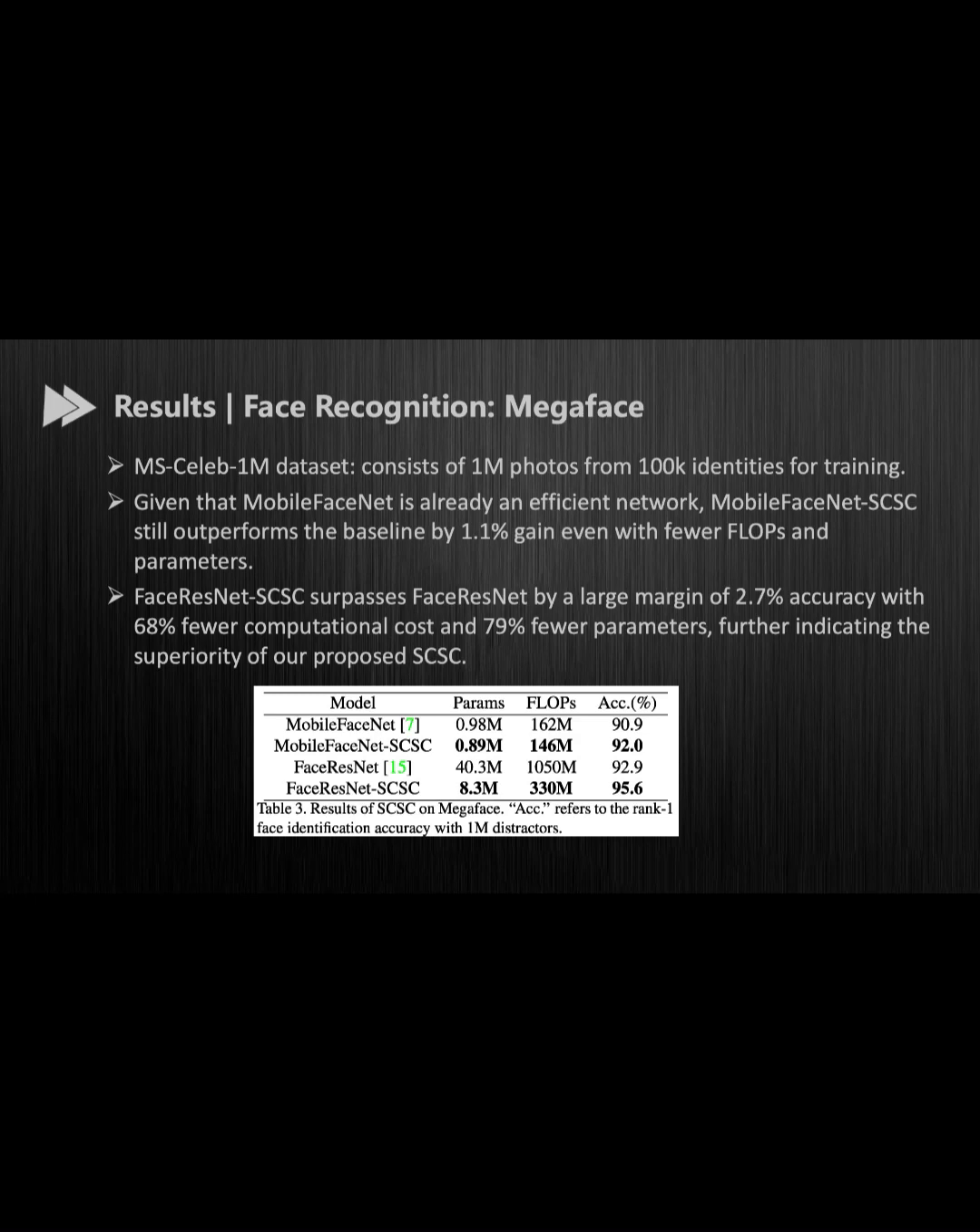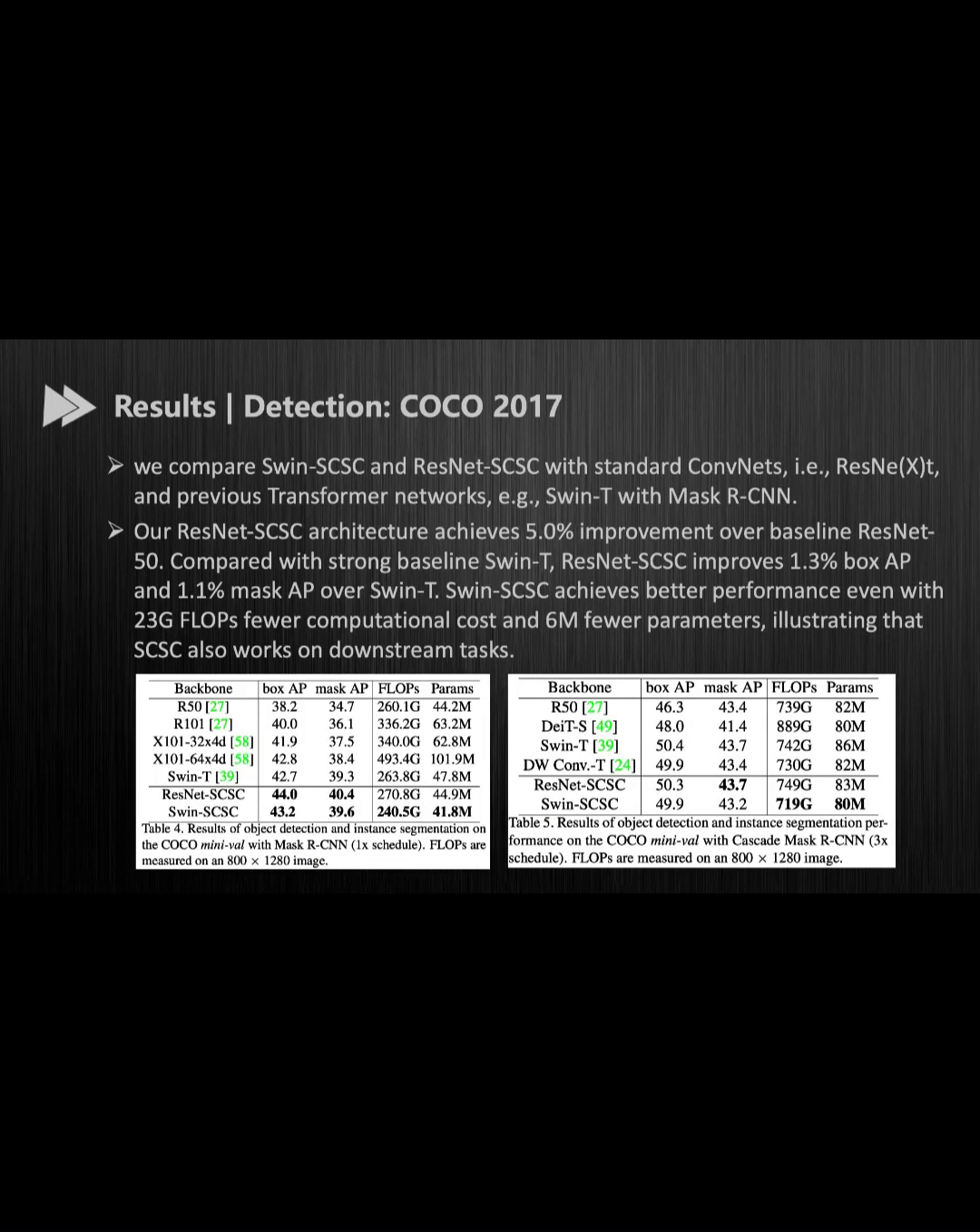For object detection, we compare SWIN SCSC and ResNet SCSC with standard ConvNets and previous transformer networks with Mask R-CNN. Our ResNet SCSC architecture achieves 5% improvement over baseline ResNet 50. Compared with strong baseline SWIN Tiny, ResNet SCSC improves 1.3% box AP and 1.1% mask AP over SwinTiny. Swin SCSC achieves better performance even with 23G FLOPs, fewer computational cost and 6M fewer parameters,